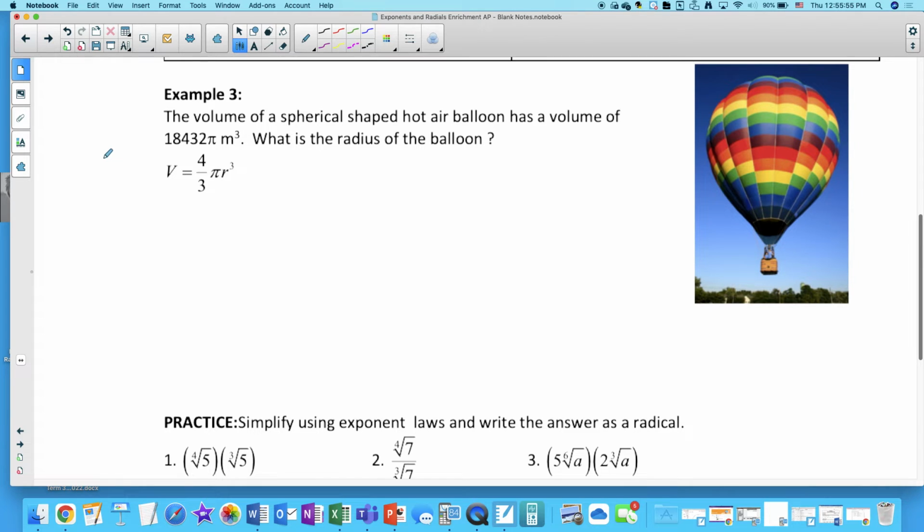Okay, so have some of you guys taken science already? Okay, that's so funny because when I get a class that's already taken science, that's what they say. Rearrange the formulas so that you can isolate R, right? When I get a class usually in first semester and they haven't taken science, they're like, plug in 18,432 pi for V and then solve for R, right? You're going to get the same answer either way, but actually let's do it that way. I like that. So if we need to isolate R,